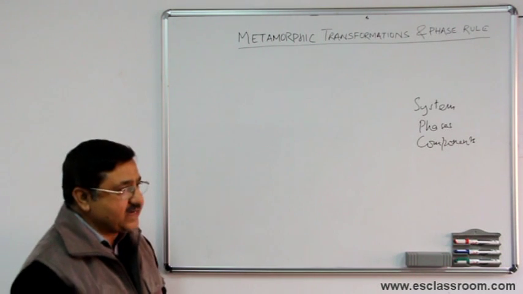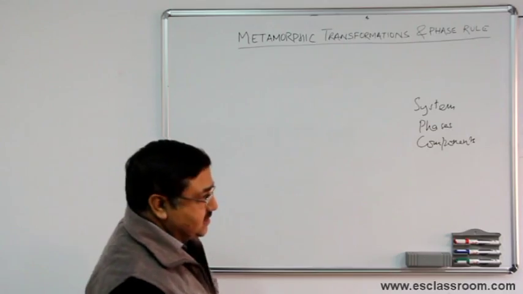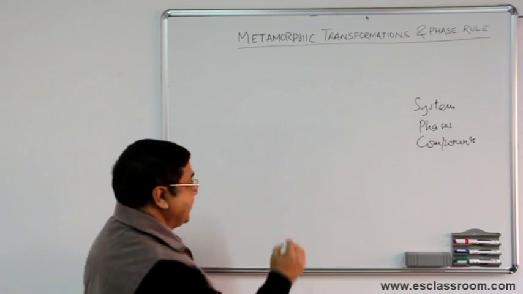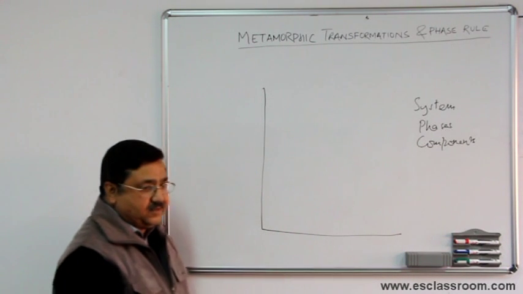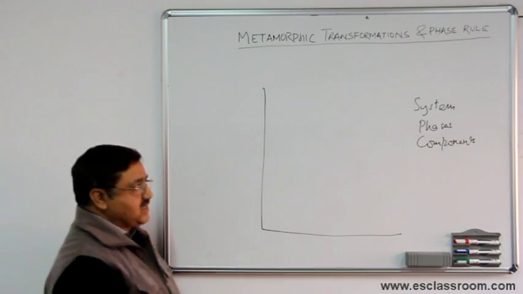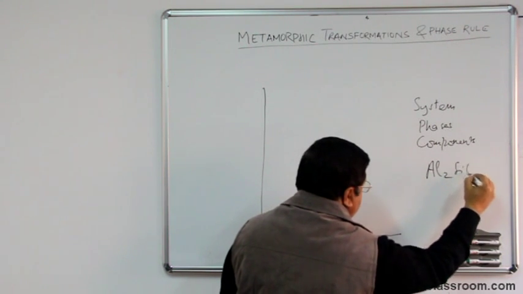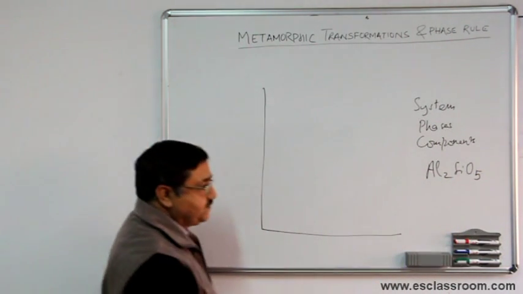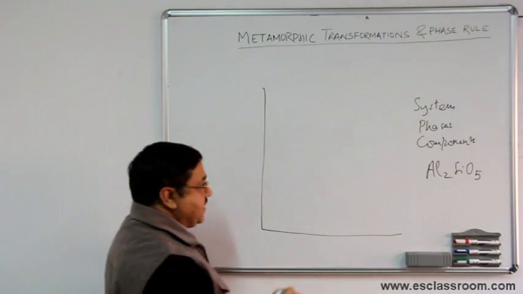So, if we look at a geological example of a one component chemical system, we can think in terms of a system which is defined by the component Al2SiO5. There are three known phases of Al2SiO5